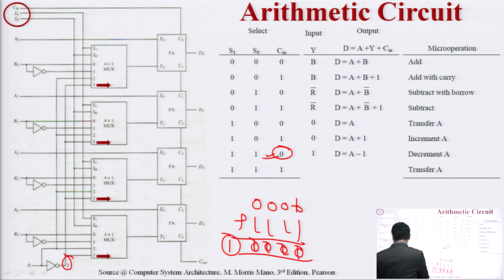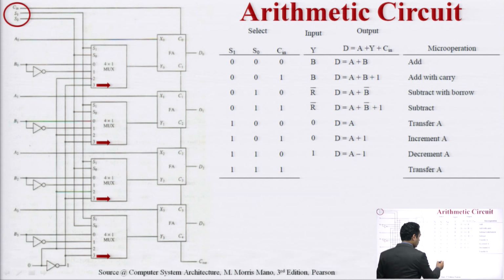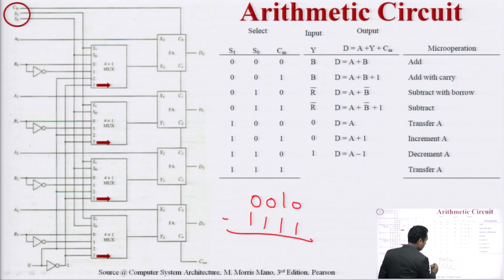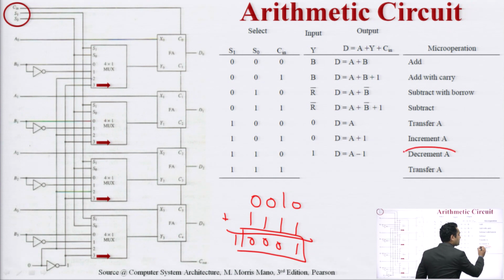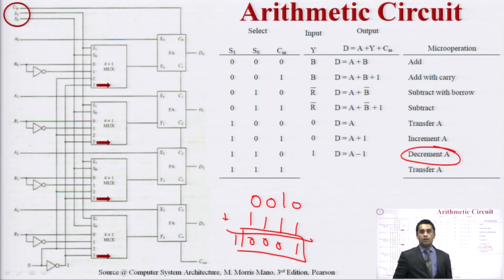Similarly, if you are using another combination where you are using 2 and you are adding this value. So in this case, what are we receiving here? 1, 0, carry, 0, carry, 0, carry. And this is my absolute number. So this 2 is now converted to the output 1. So it acted as a decrementer circuit. If my value is 1, 1, 1, 1, so what is the output here? When we are doing this operation, it will decrease to 1.